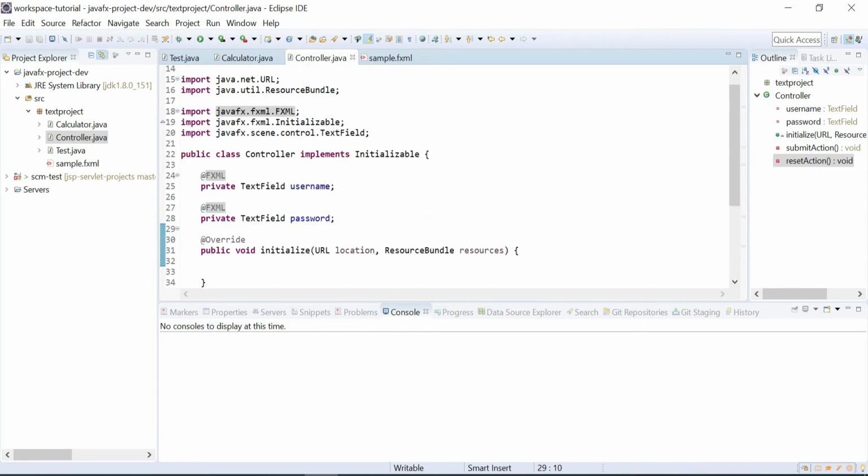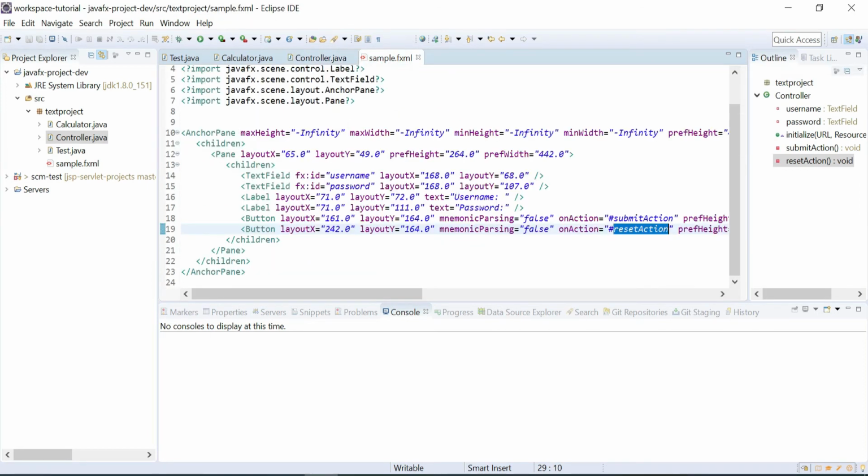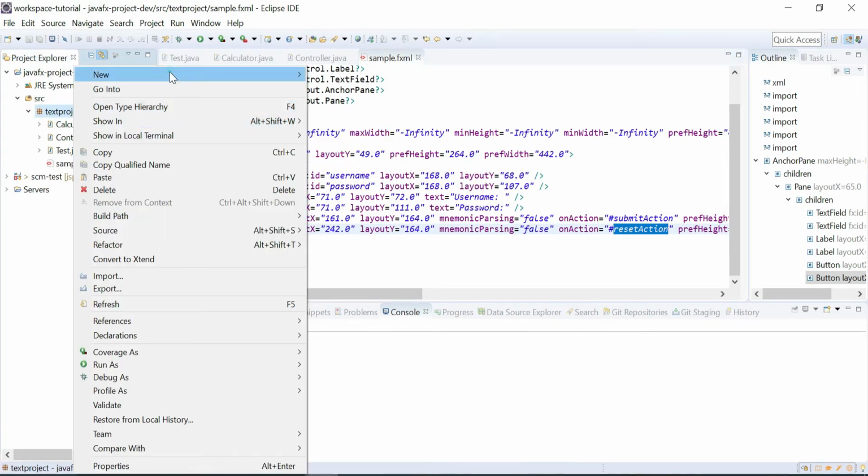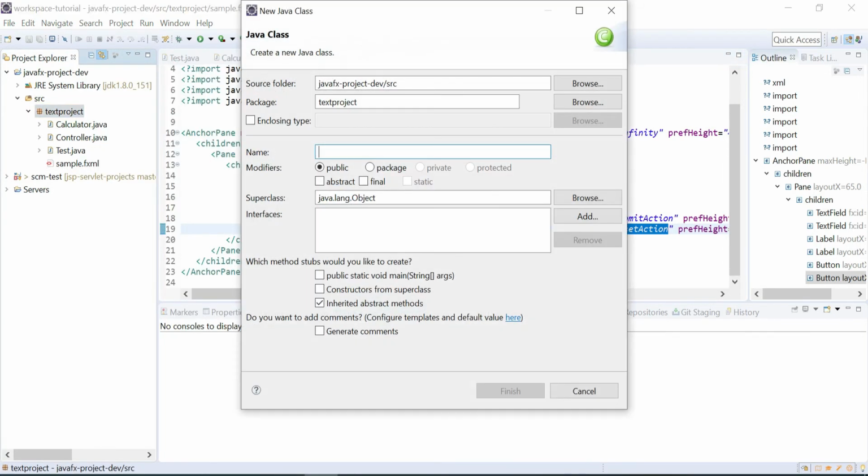So after this, where do we need to invoke this fxml file? For that, we need to create a main class. I'm going to create a main class.